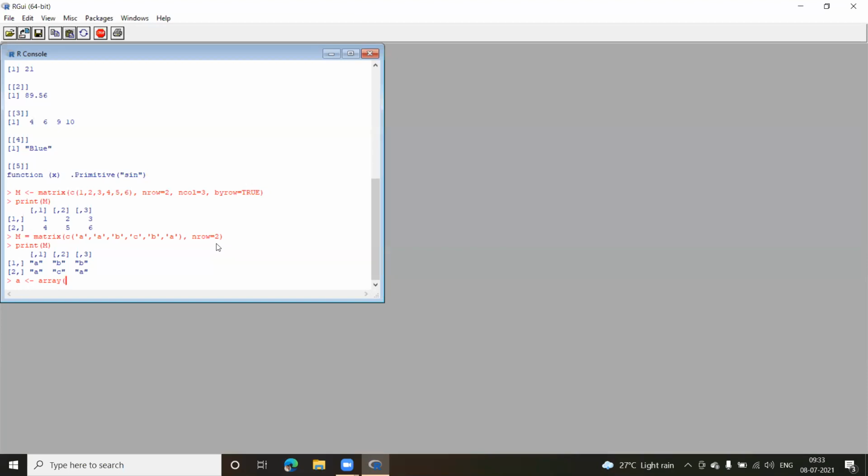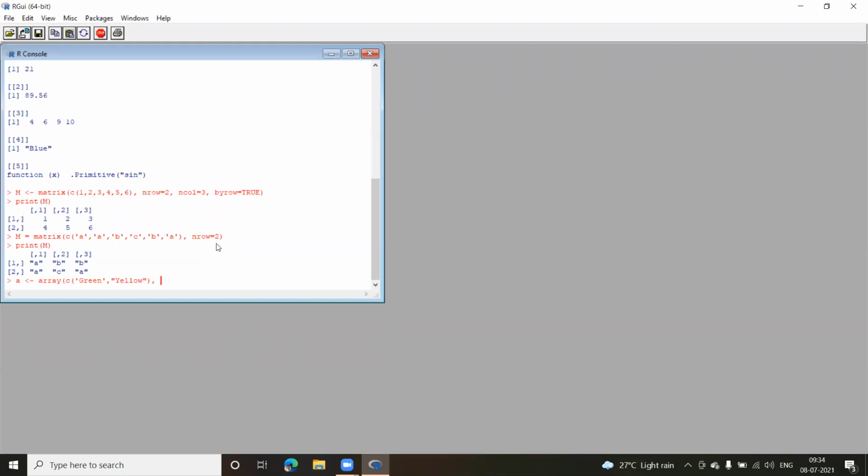Now while creating this 3D array, I'll pass the element. So let me use C, the vector. I'll put green as the color, and I'll put say yellow. Only 2 is more than enough for this example here.